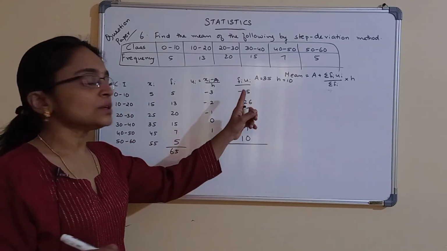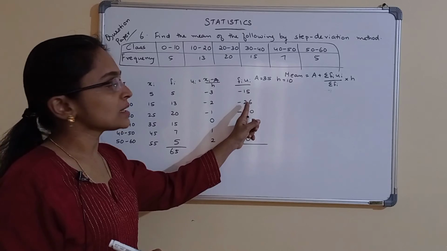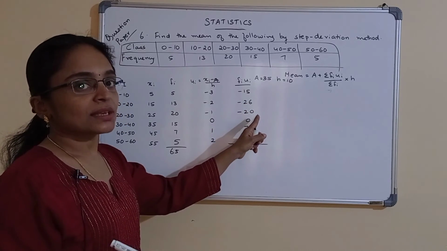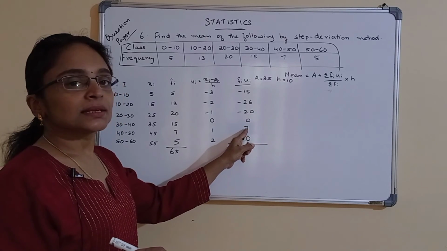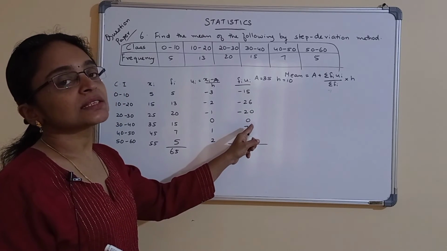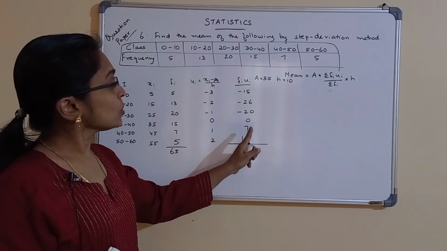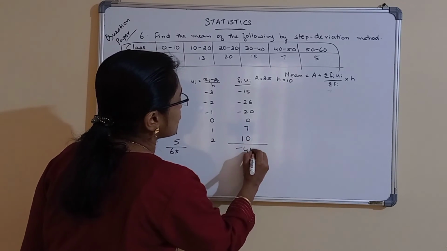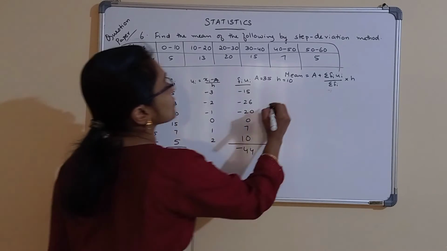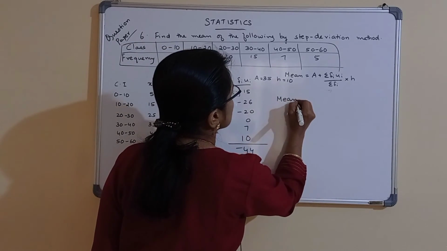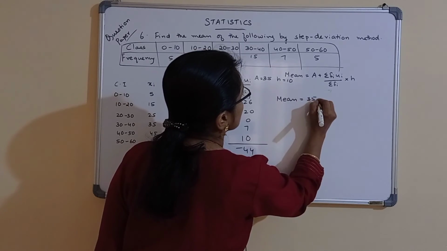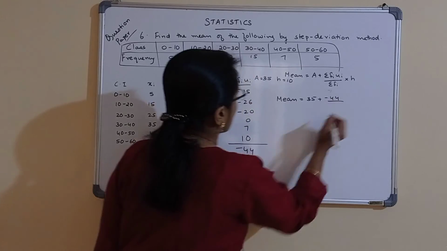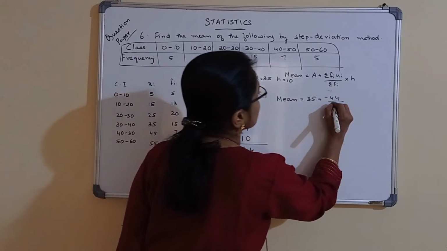And sigma fiui is minus 15 minus 26, which is minus 41. Minus 41 minus 20 is minus 61. Minus 61 plus 7 is minus 54. Minus 54 plus 10 is minus 44. Okay, now calculating the mean is easy. Mean is equal to A, which is 35, plus sigma fiui, that is minus 44, by sigma fi, which is 65, into